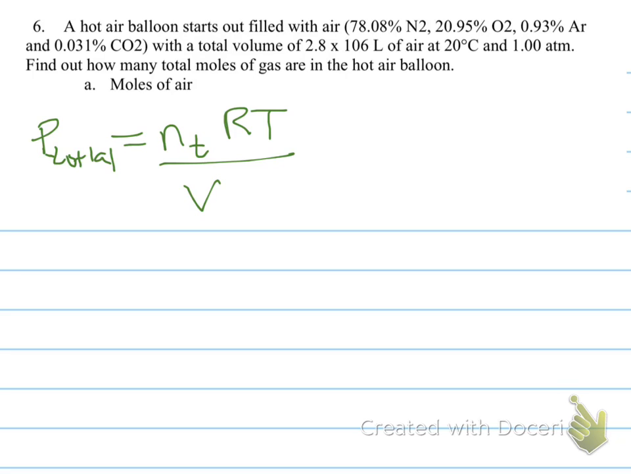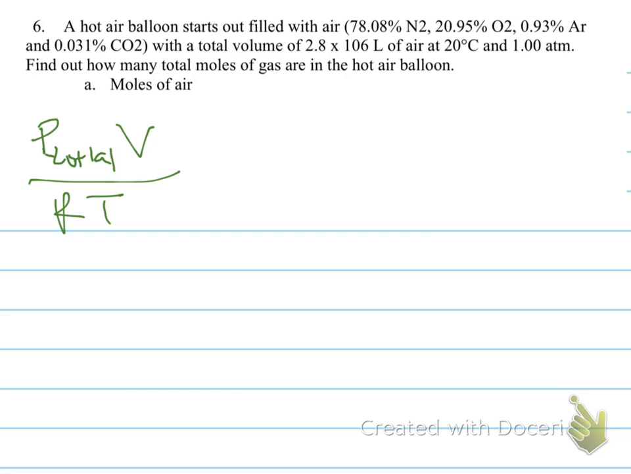That's not really the question. The question's asking for moles of air, so it's easier to get the total moles of gas this way. So our P total is 1 atmosphere. We can actually just rearrange this. Let's back up a little bit. If I wanted to find N total, I would multiply by V, divide by RT. So my total pressure will be 1 atmosphere